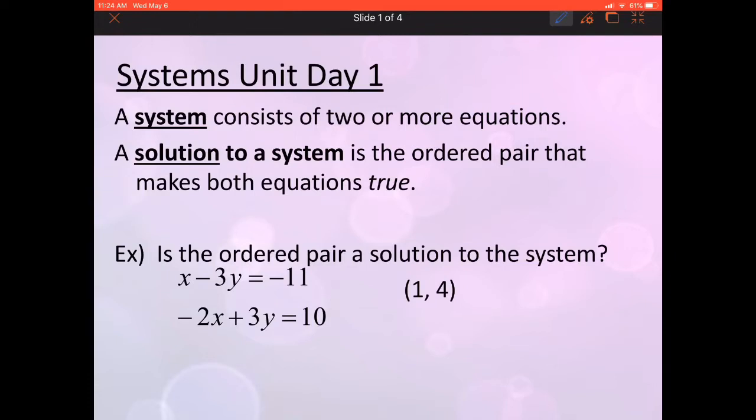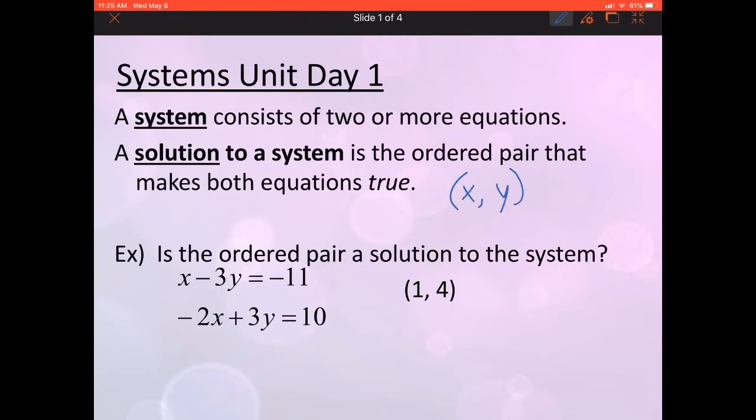Alright, so to start, a system consists of two or more equations. Those equations could both be linear equations, they could be quadratic, they could be a combination of the two, they could be any type of equation that exists. So a solution to a system is an ordered pair that makes both equations true. So when we have our system that has two or more equations, they're going to have x's and y's in them. And so our solution to our system is going to be the x and y that are going to